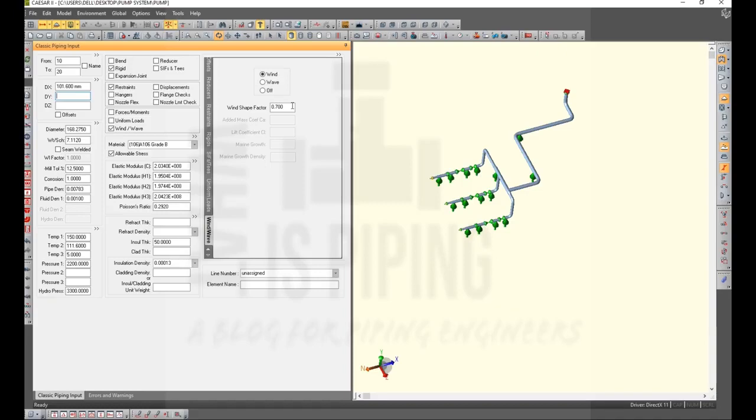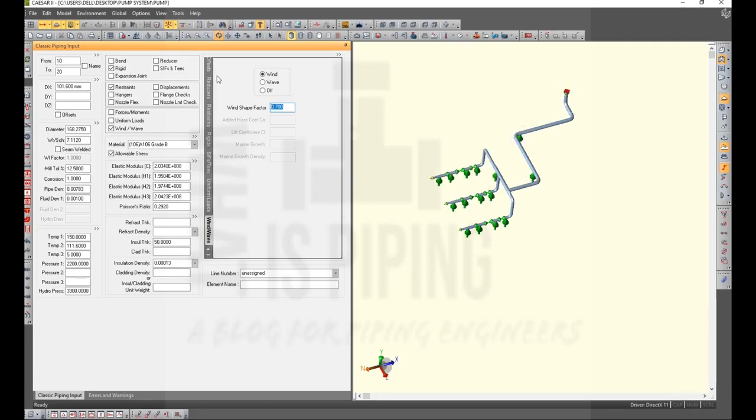But you check with your project specification or flexibility parameter, this may be different, maybe 0.65 or others. So whatever parameters your project specification says, you have to provide here. Once you define this wind shape factor, this wind by default will be clicked for the complete system.